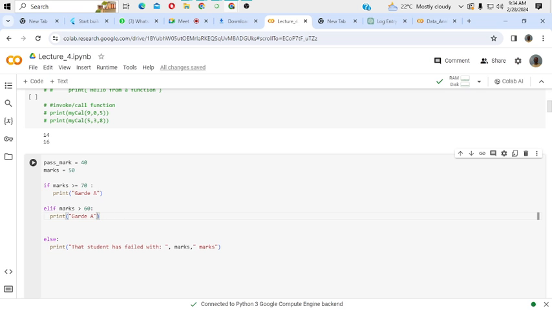This is just a simple grading system. You can also have a copy of this. Let's talk of now 50. It is greater than 50. We can call it, is it a C? Yeah, you can call it a C. Else, in the else block, we can just print that the student has failed,